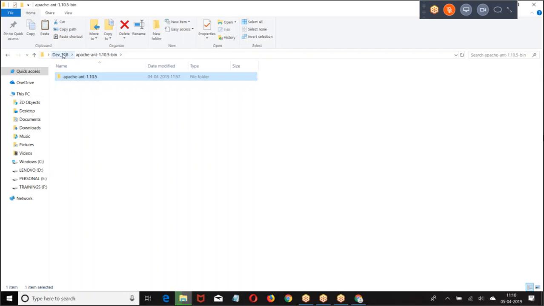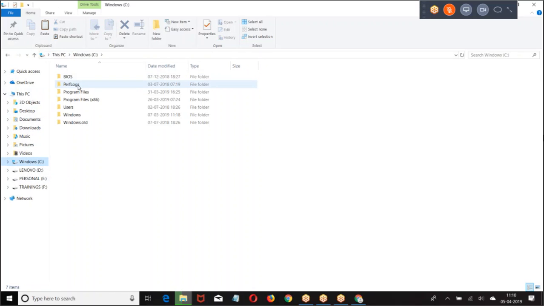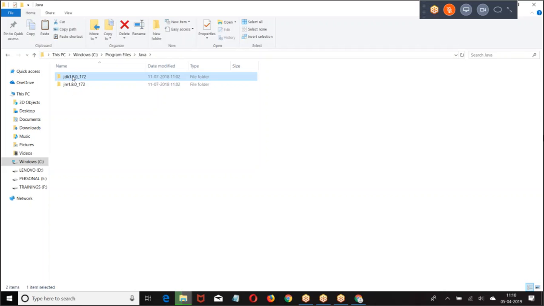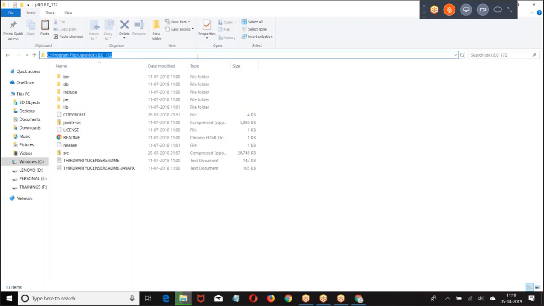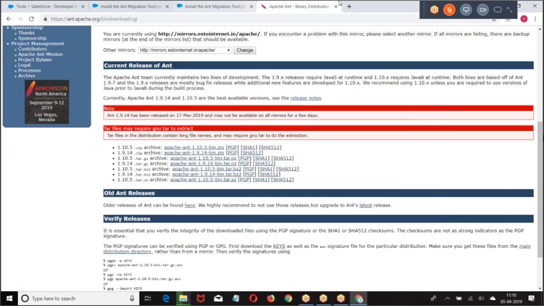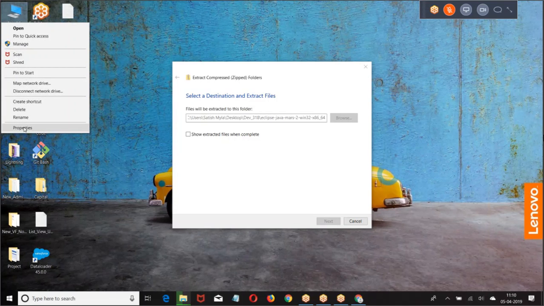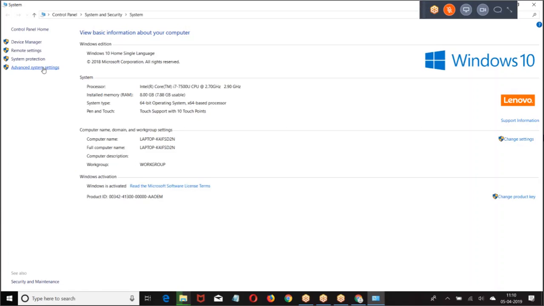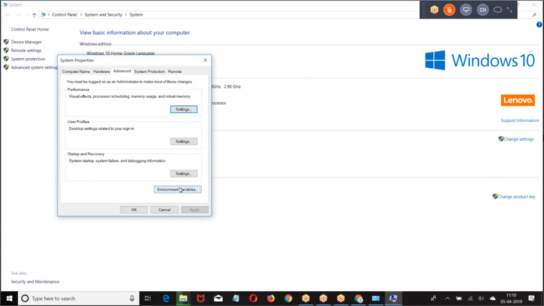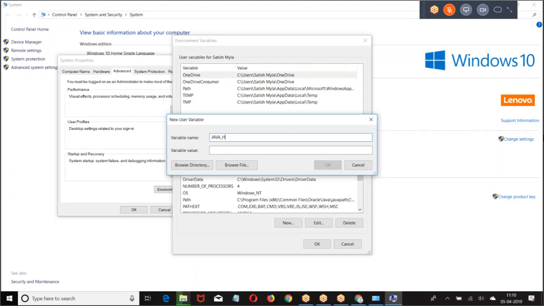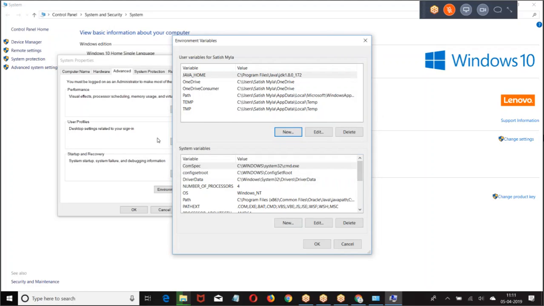Now how do you set it? First let us set the Java. Go to C drive, program files, Java, JDK, copy the file, then go to C drive, my computers, properties, advanced system settings, environmental variables, new, Java home, then again choose the path,